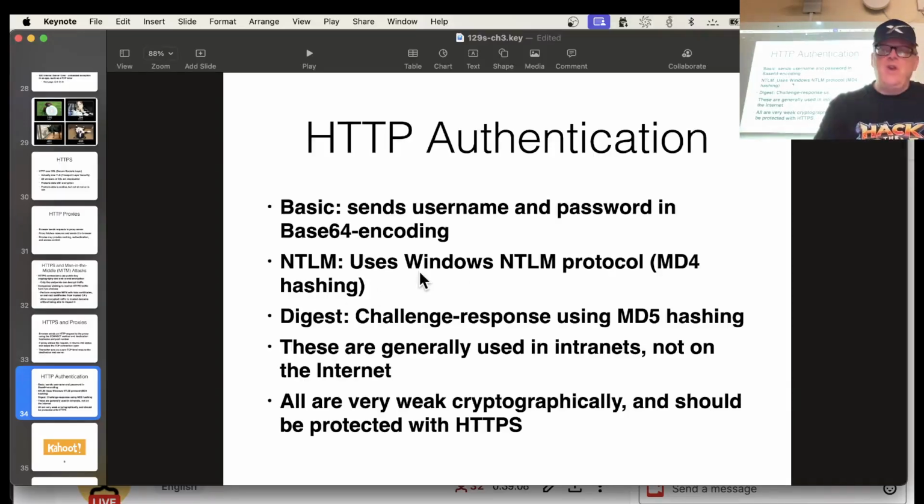NTLM is an old-fashioned one, not used that much anymore, where you log into a website using the same kind of hash you would use to authenticate on a Windows local network. And Digest is another strange one, not used that much on the internet. All these are very weak cryptographically, and if they're sent over HTTP, they expose your password, so you should send